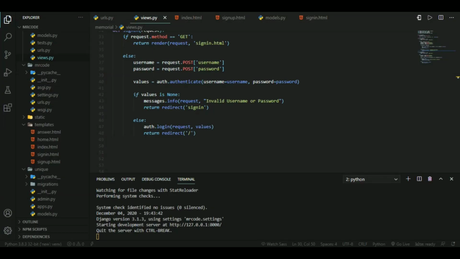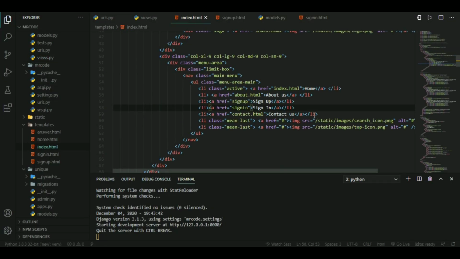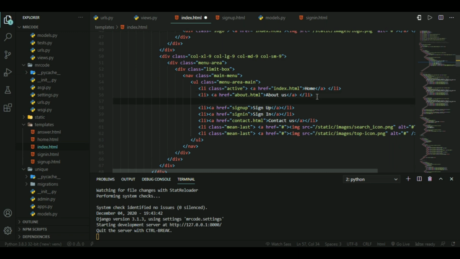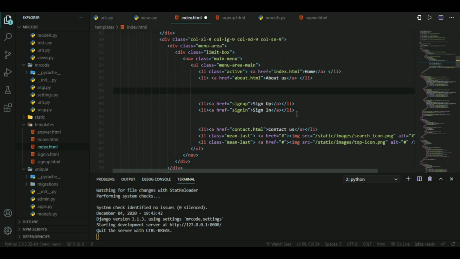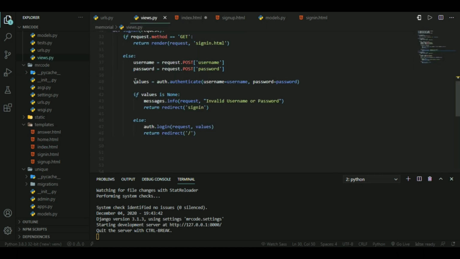Let's go to our index.html. Now let's clear the congestion over here. So we have all this, right? Okay. So now let's make a loop, I mean not a loop, an if statement. So I want to check if the user is logged in or not. So Django has a function for this. I can put here the name of the variable which I used in views for the authentication purpose,